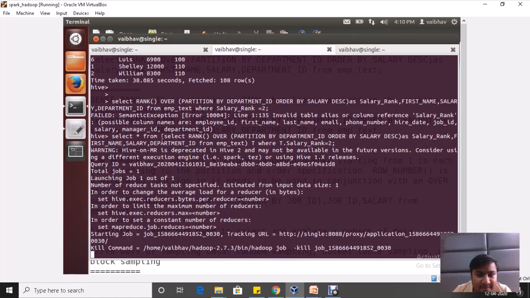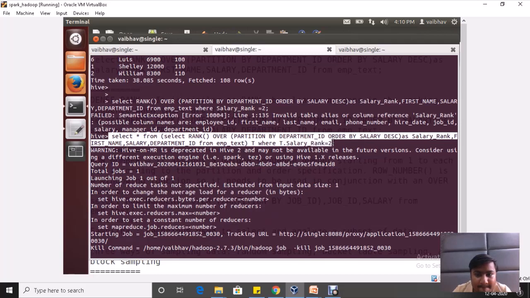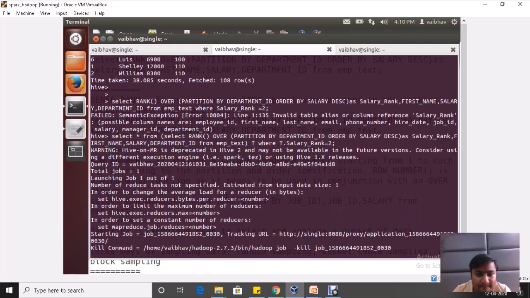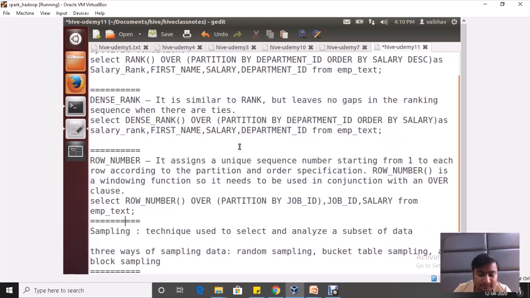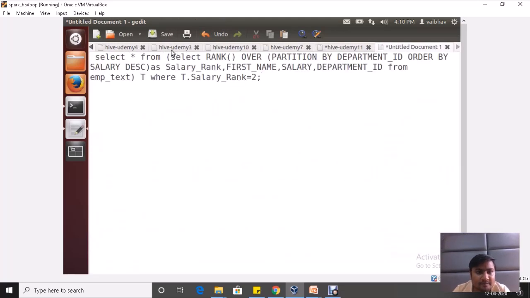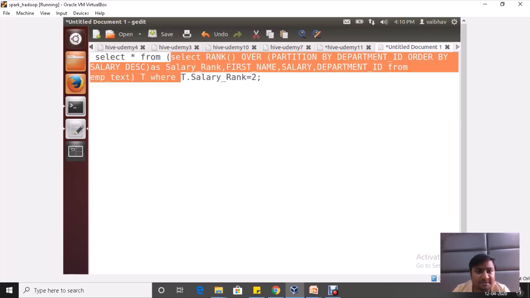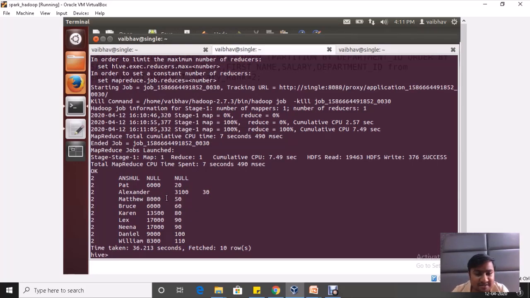So what I did, this was my query which was giving me the result. Now I need only the second maximum. So I have used it as an inner query in the from clause, as easy as I've shown you.